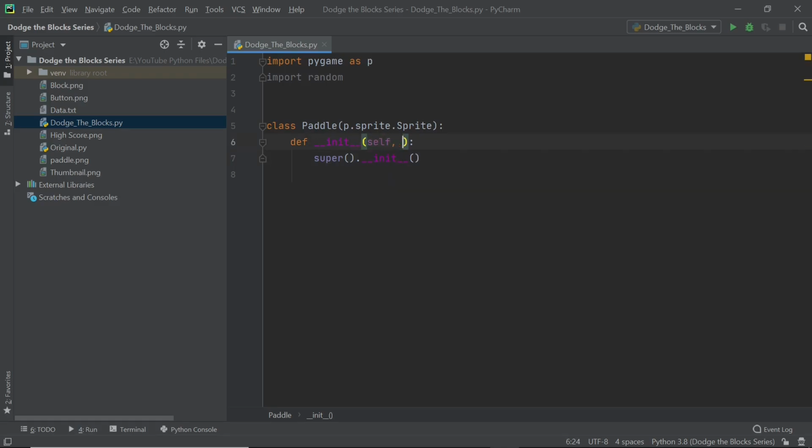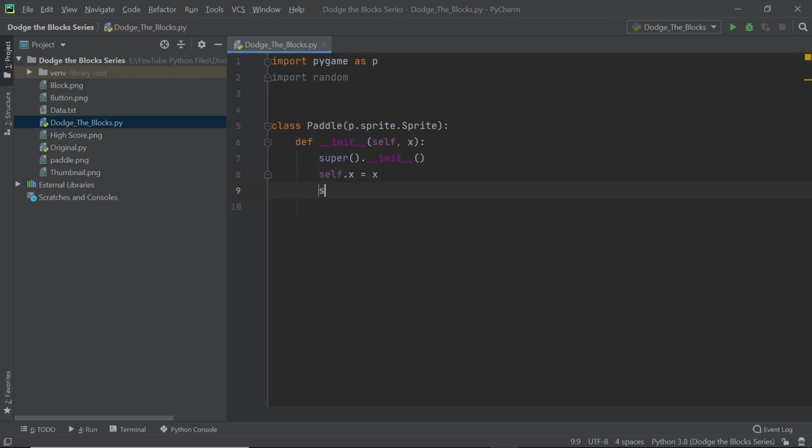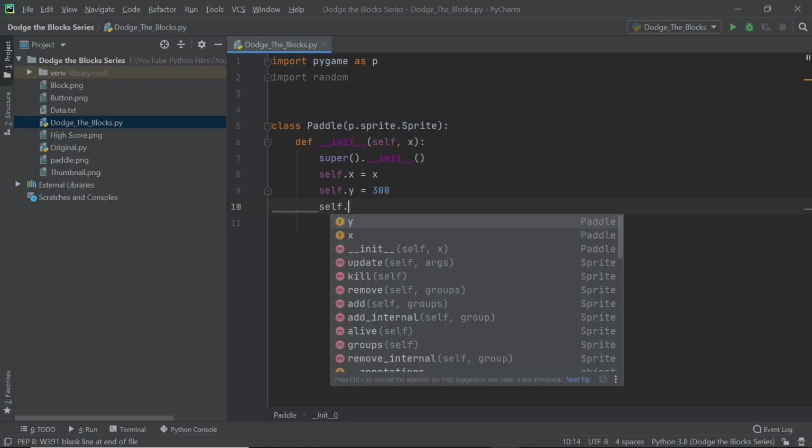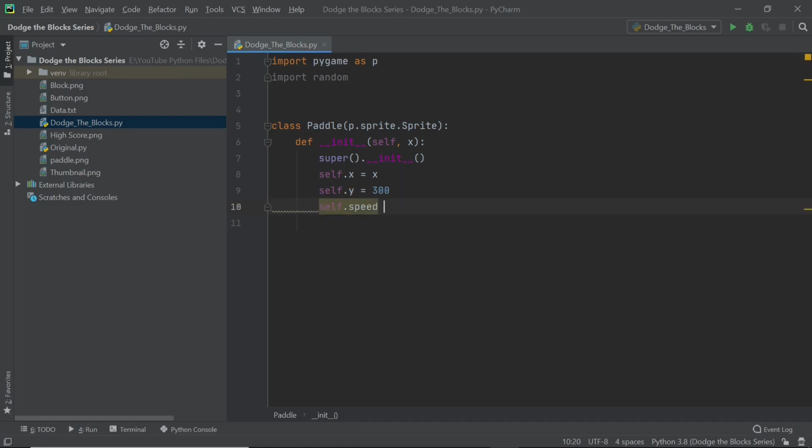I'll be having an x parameter which I'll enter in. Within this, I'm going to initialize self.x is equal to x. I'll type in self.y is equal to, I'll just type in something for now, maybe 300. Now I'm going to type in self.speed, which I'll be having as another parameter, and I'm going to set this to be 8 initially.